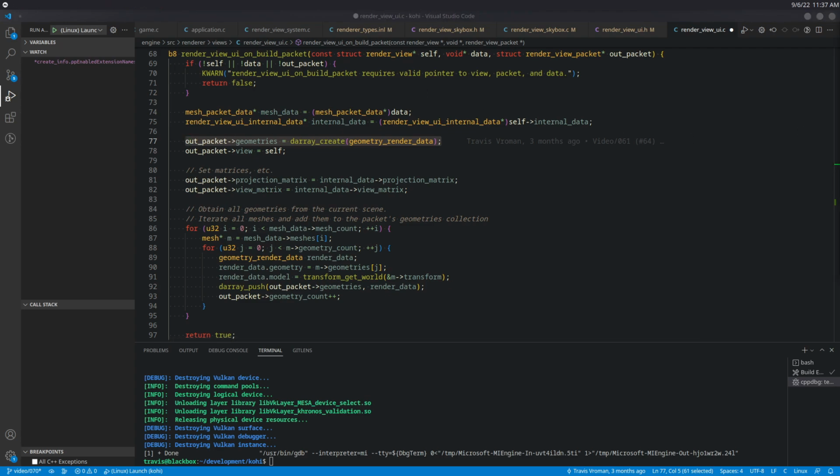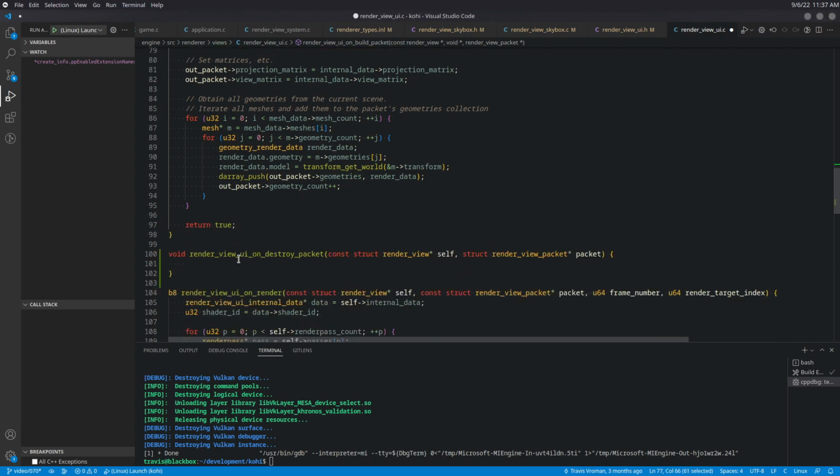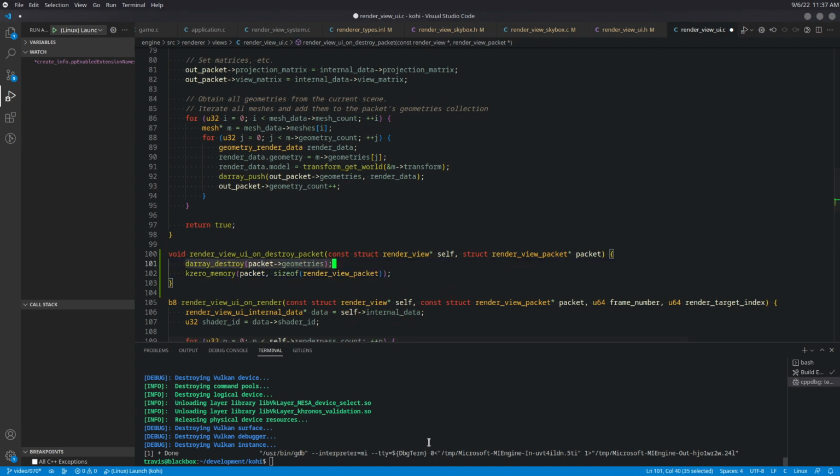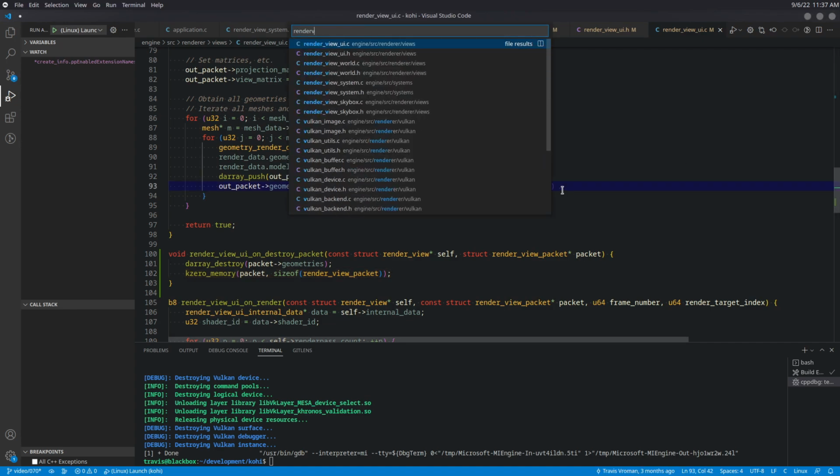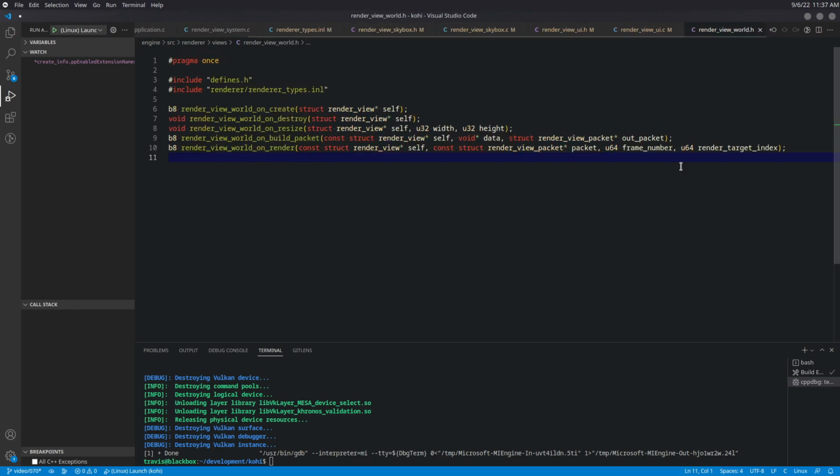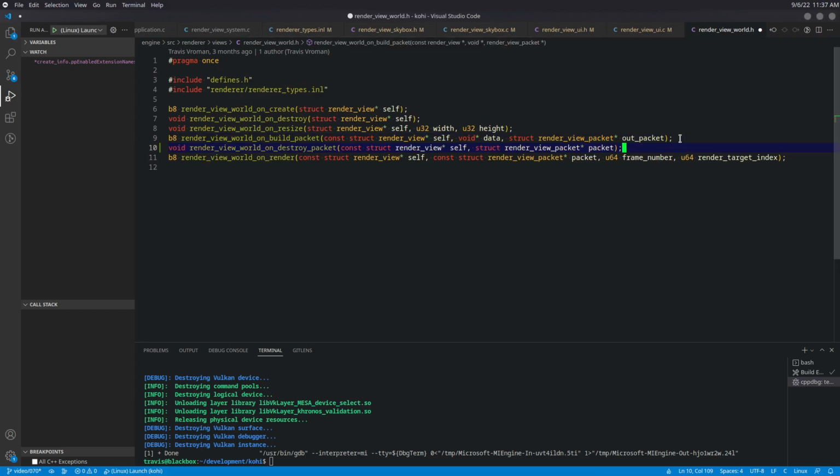And so all we really need to do is, since we are just creating the array every frame here, we're going to come down here to our on destroy, and we're going to implement that to destroy the packet geometries, and then go ahead and zero the memory out for that packet. So that will fix the leak for that one. And then, as you might have guessed, the render view world, we're going to wind up doing the same thing. So we're going to go ahead and put in the on destroy right here,